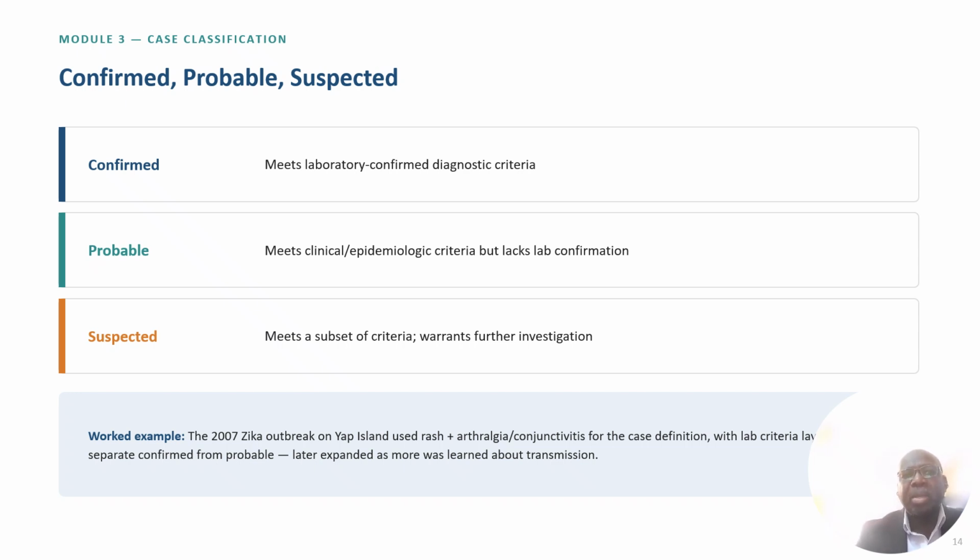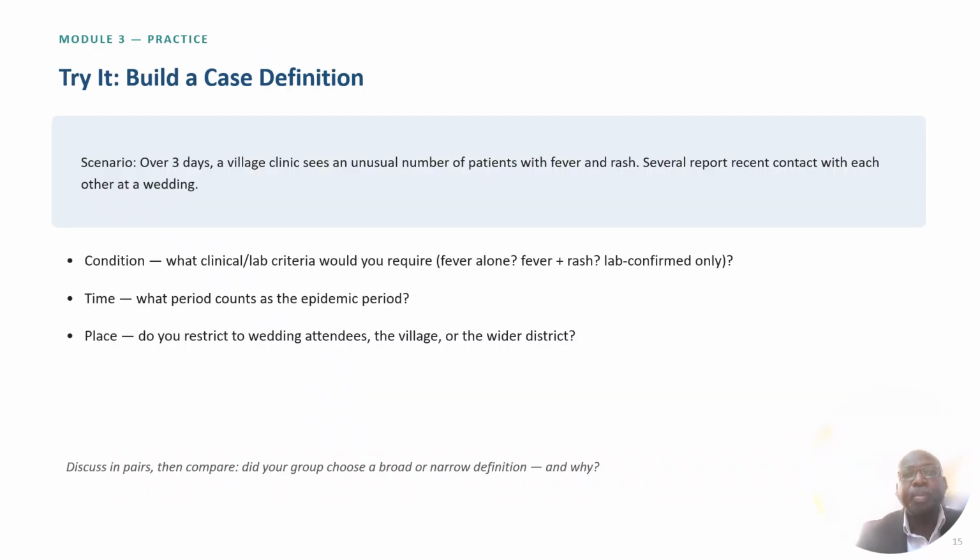Suspected cases: we can say a suspected case when it meets a subset of the criteria. So that means probable is something higher than suspected. If we have 10 signs and symptoms of the condition and the case has all 10, we can say this is probable. But it is suspected when we have a smaller number of signs and symptoms. I think it's clear now.